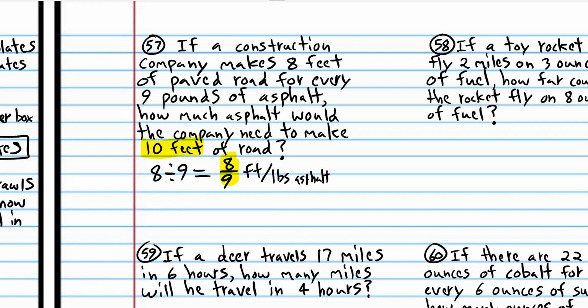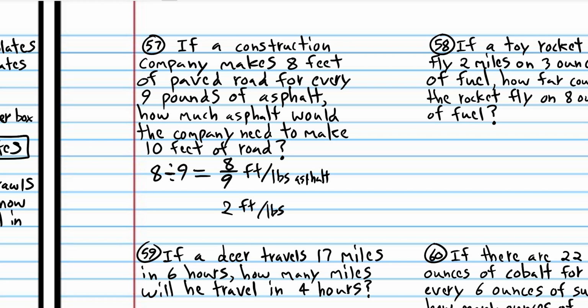Let's change this number to an easier number. Let's change this number to 2. Let's consider 8/9 to be 2. So that'll be 2 feet per pound of asphalt. So now, if you can lay down 2 feet of road for every 1 pound of asphalt,